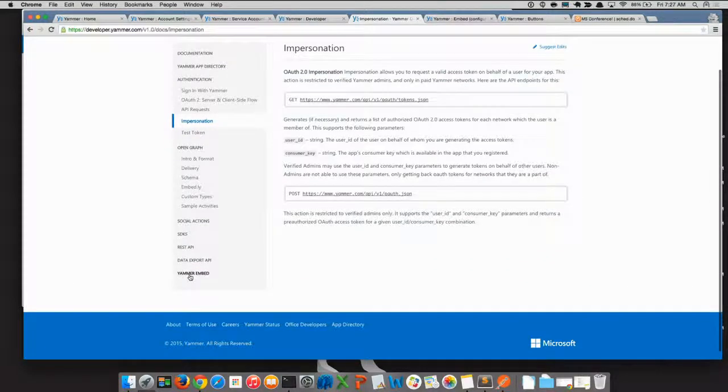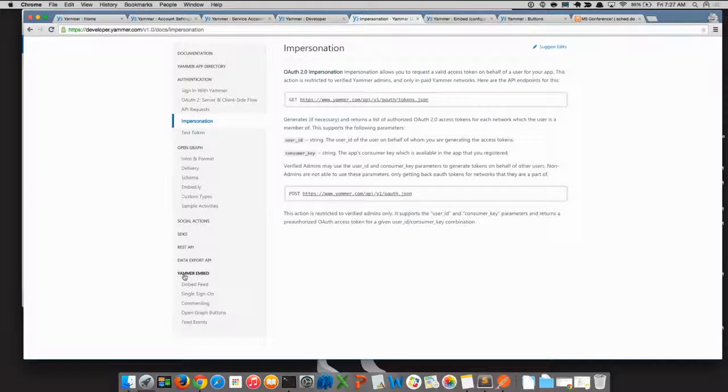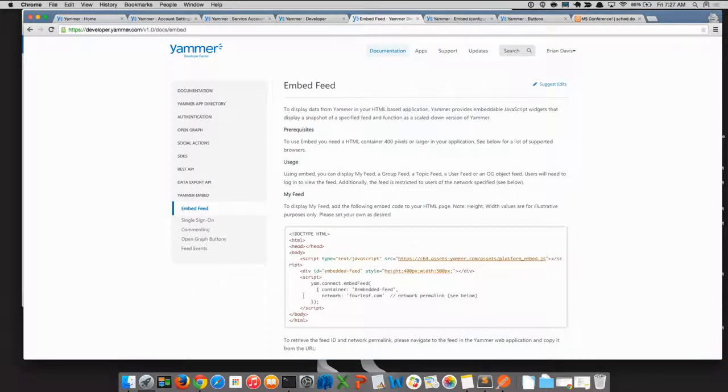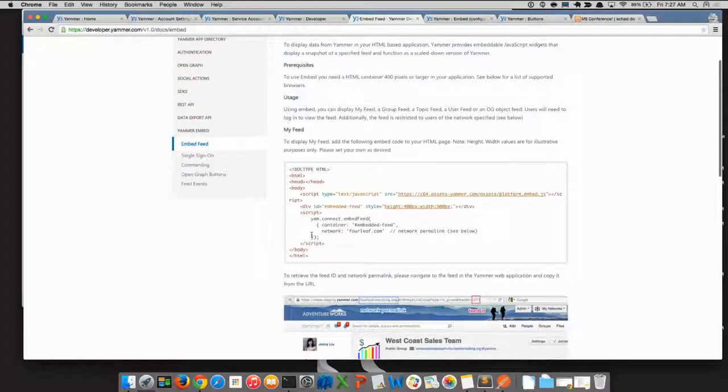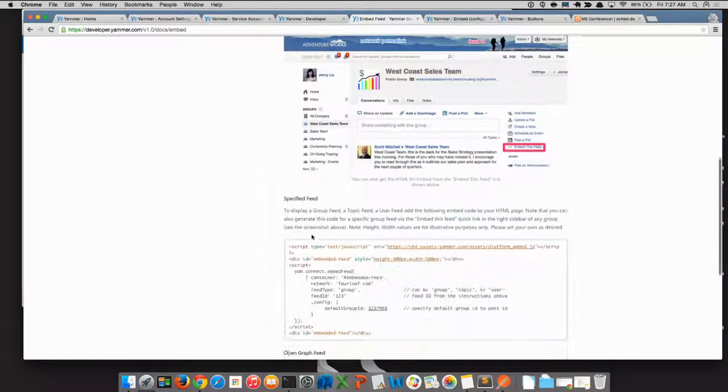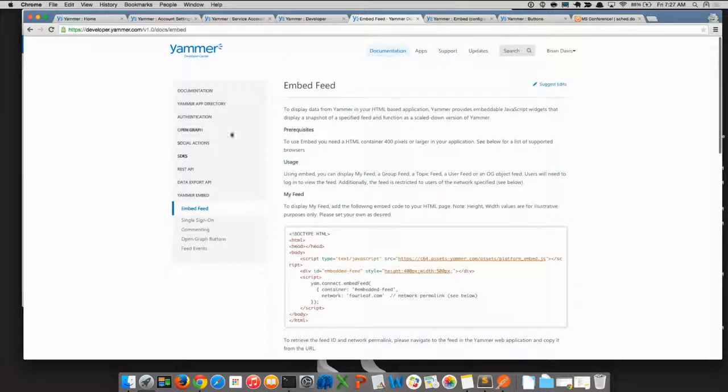The other thing I wanted to show as well is we have documentation on our Yammer embed here, as well as on how to get started with that. This includes sample scripts inside of here that you can use to get started right away. Also, while we're here,